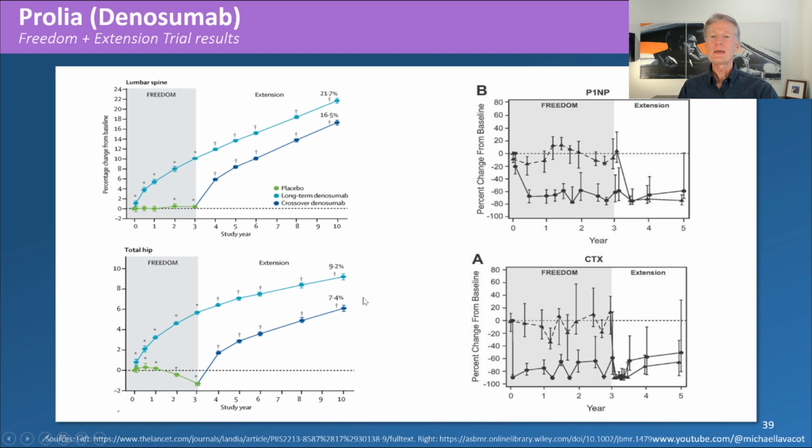Here's Prolia. Again, you're not going to see another chart like this where, year after year after year, you just continue to gain bone mineral density. And again, bisphosphonates don't do this. Evenity doesn't do this. Tymlos doesn't do this, right? Prolia does it, sorry. Forteo doesn't do this, right? This is a wonderful drug to have, especially when you're at those real high fracture risk rates, right? And you see that both in the hip and the spine. And then some bone markers over here that I talk about in the Prolia presentation. So if you want to get into bone markers and know what's going on over here, watch that one.